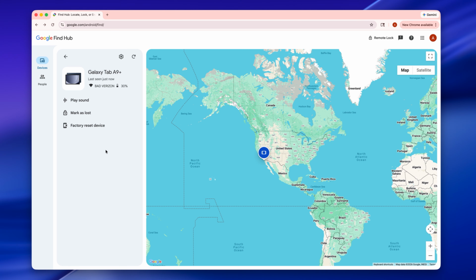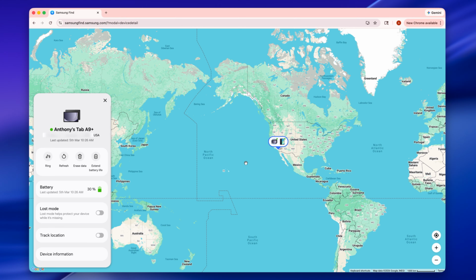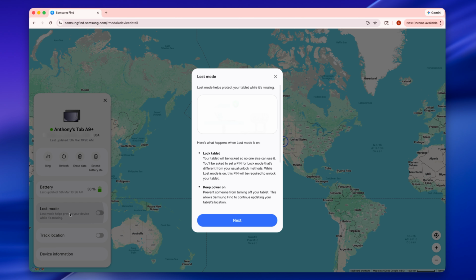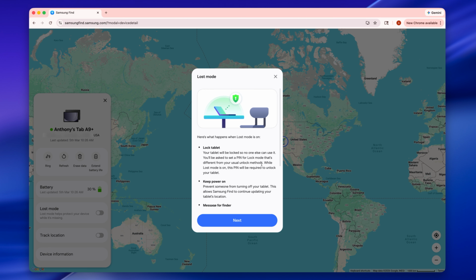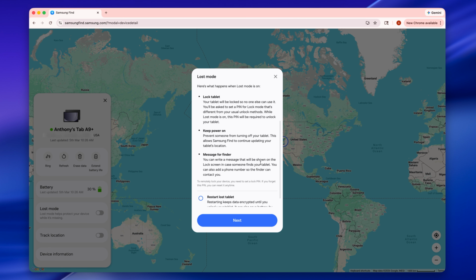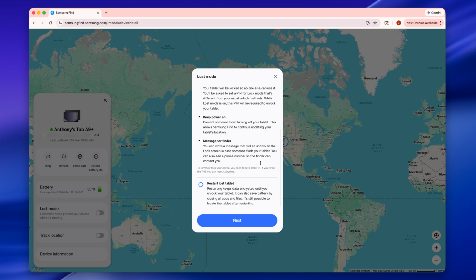If you want to use Samsung's tracker, you can go to samsungfind.samsung.com. Log in with your account and you'll see the tablet here. This one actually has a lot of useful functions you can trigger right through the web browser. You'll see the exact location, you can play a sound, extend the battery life by shutting off unnecessary apps, write a message that will be shown on the lock screen, or even restart the tablet remotely to make sure all